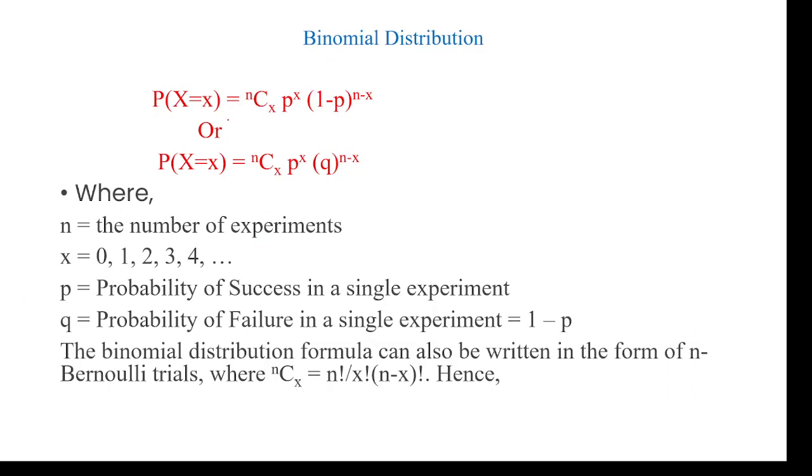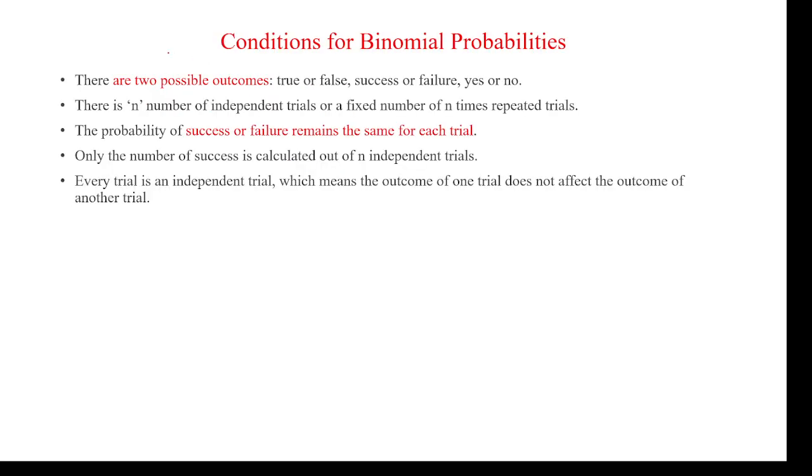So this is the mathematical representation of the binomial distribution, and as I said, the condition is that it should have only two possible outcomes, either false or true, or failure or success, or yes or no, having equal probabilities. And coming to the applications, by using this we can